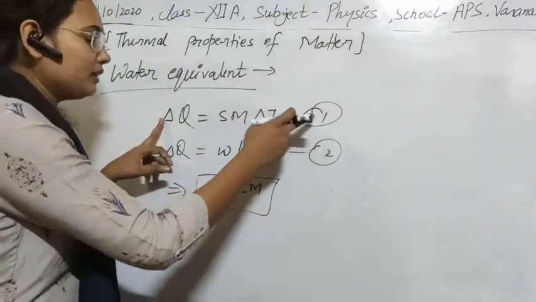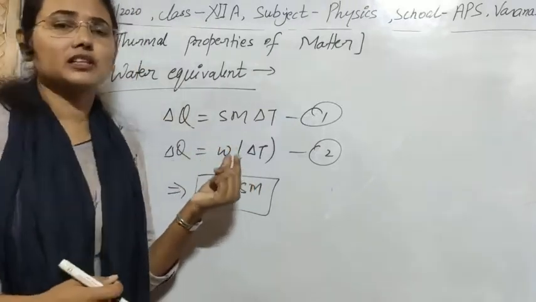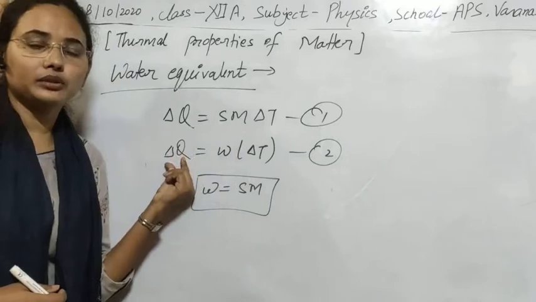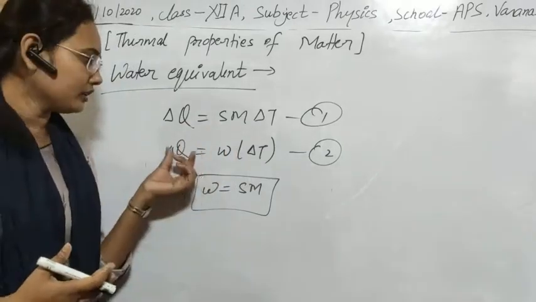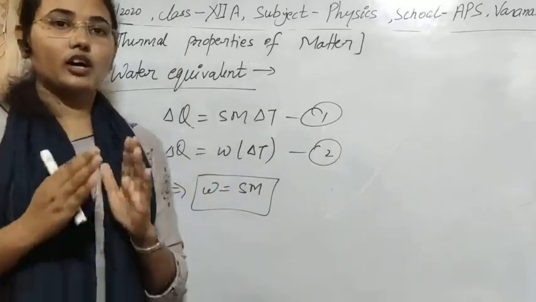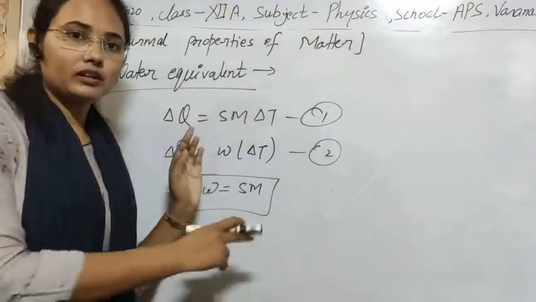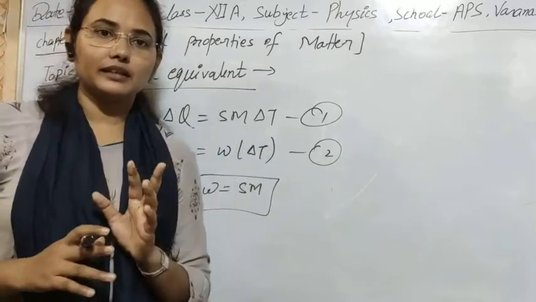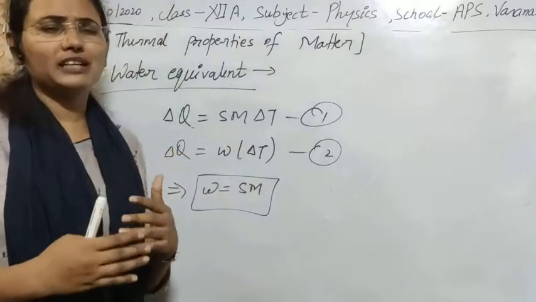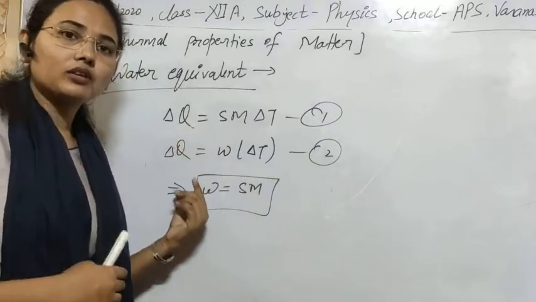So that is for the body, and suppose for the water, if we change the temperature by delta T for W gram mass, then we obtain the delta Q heat evolved or absorbed. So it can also be written in this form. So by using this for the water equivalent, as I told you, these two quantities must be equal. If there is a change in temperature delta T, then the heat absorbed or evolved by W gram mass will be equal to the amount of